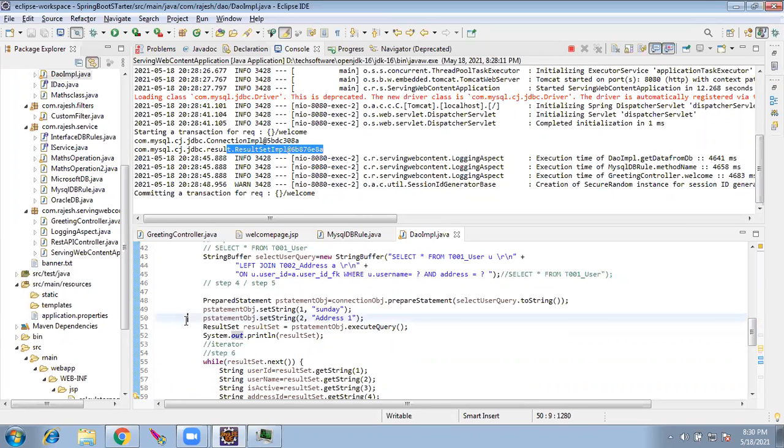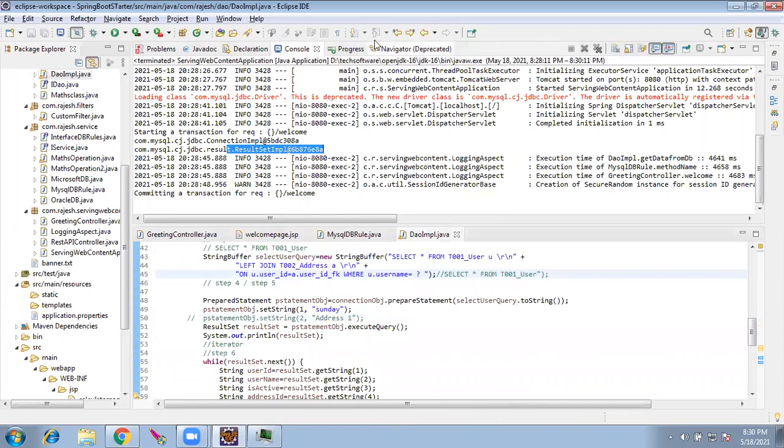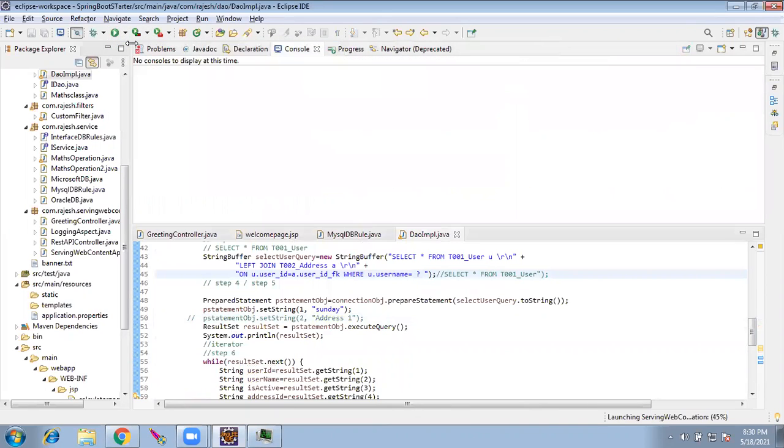I will comment this section, and I will remove the and here, so we'll have only one condition in the query. So I'll restart the server.